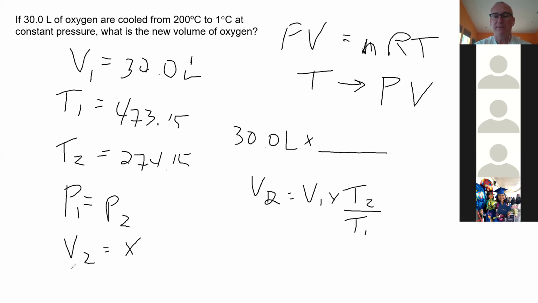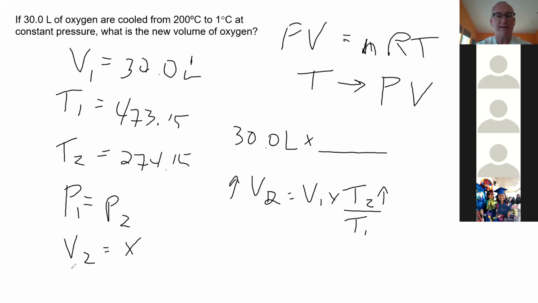Since this is a direct relationship, if T2 is larger than T1, V2 will also go up. If the second temperature is smaller, V2 will also be smaller. But we know it's a direct relationship, so we can just multiply